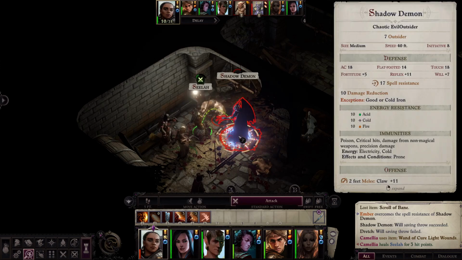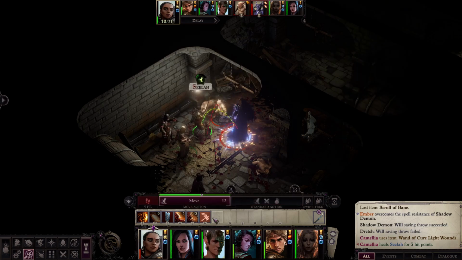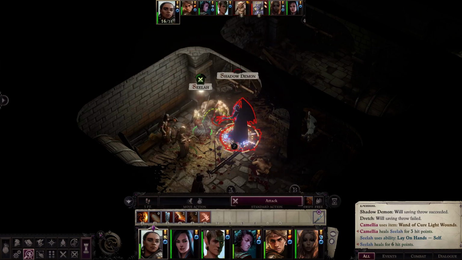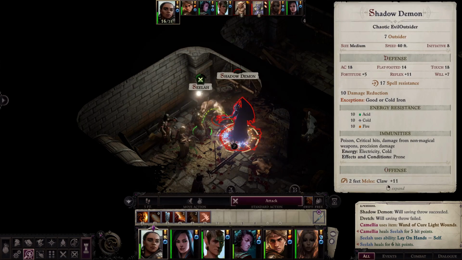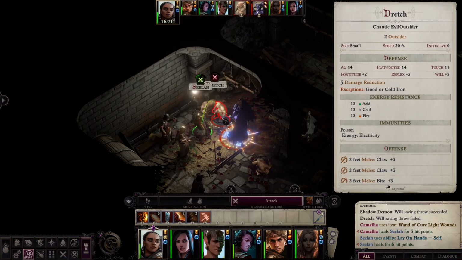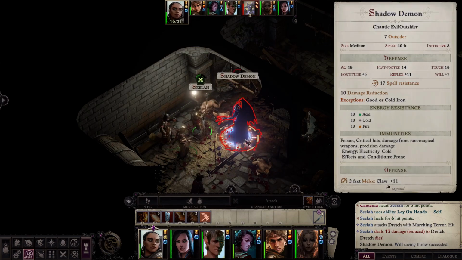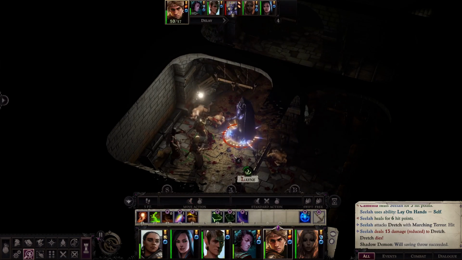This thing has way too many hit points. Way too many hit points. Lay on hands self. It's personal as a swift action. Okay. That might help. We need this thing to miss us, though, is what we need. I have to kill this first. It gets 3 attacks. And as much as I wanted to swing at this big thing, I can't let both things attack me, so...